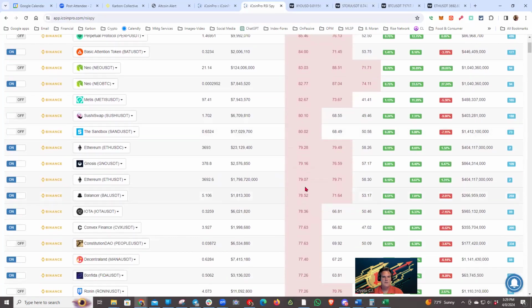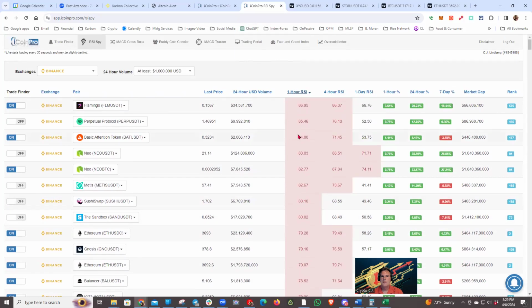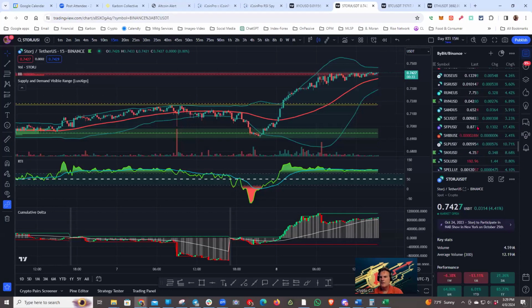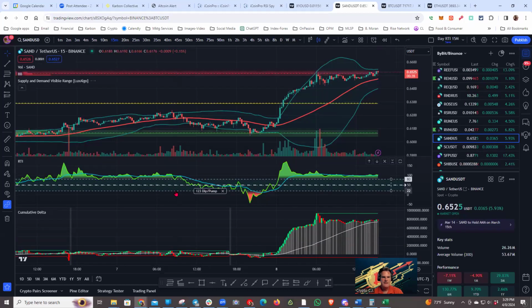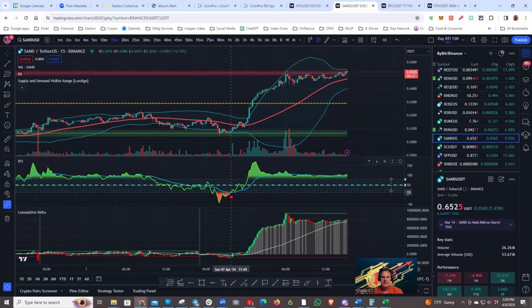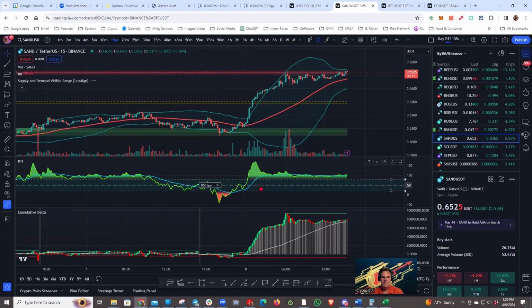We can look at SAND as well. That was the other one I was looking at today. I have an alert set on this one. Yeah, you can see I've got what I call a 1, 2, 3 pump dip alert for the one that breaks down and comes back up below the 20. This happened on Sunday night, and I'm hoping that happens again so I can get in. And I've also got a 50 alert on this one. And these are annoying sometimes because it'll just bounce around, keep setting off alerts, goes up, down, up,